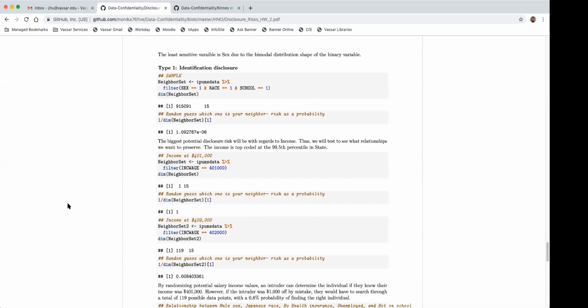Did anybody else do identification disclosure for continuous data? And if you did, were you using something similar, like looking at exact matching here? Because this is exact matching. Yeah, exactly. I kind of did the same for my data, but I put my continuous data